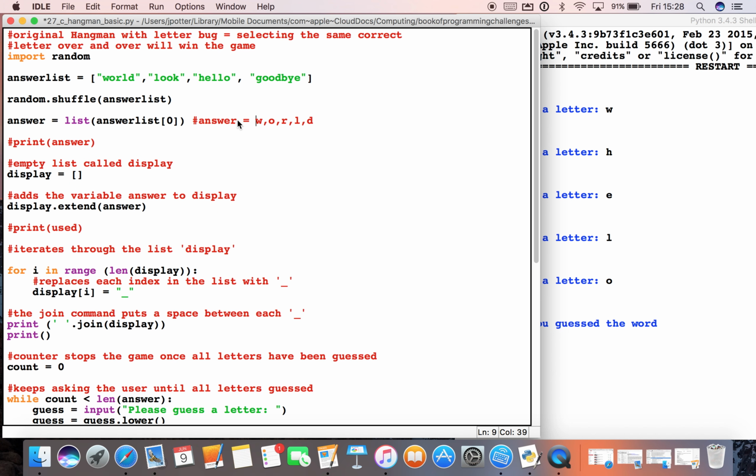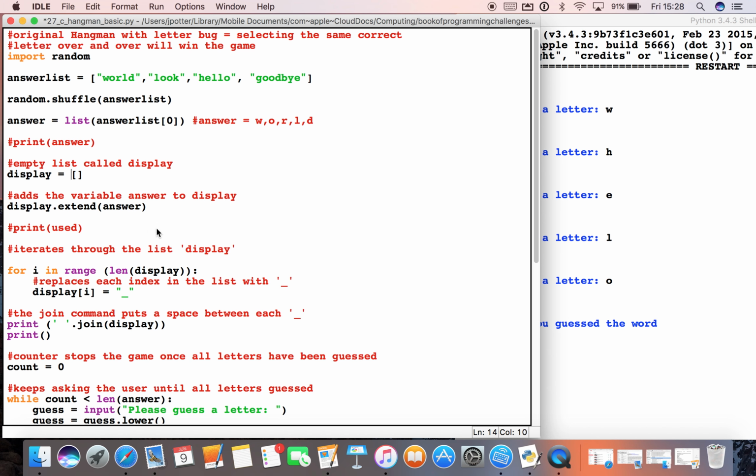Now, what happens next is I've made a new list called display, and it's empty. And I've used this command here, extend, to add all of these different things in the variable into my list called display. So what we've got is WORLD as separate letters in my list called display.